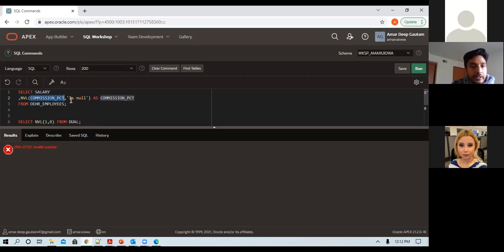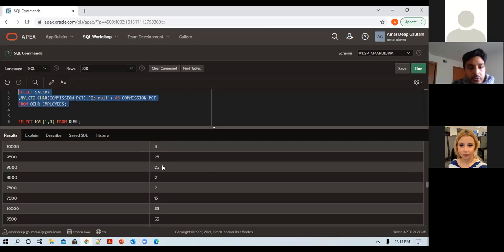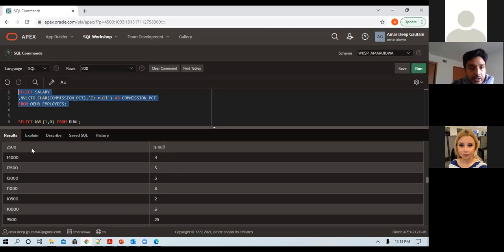They need to be in the same data type, so you have to put 2 characters. That's what I did. I just changed the data type of this to character for commission percentage. If you insert all these records into some table, this would go as character and not as number.